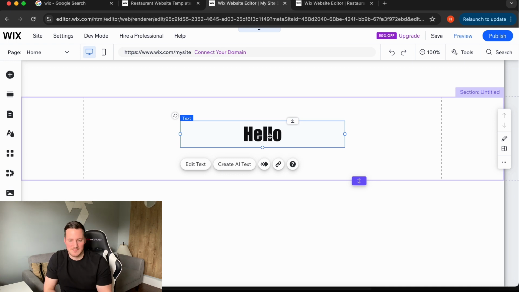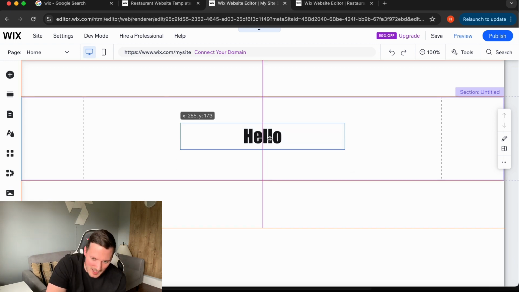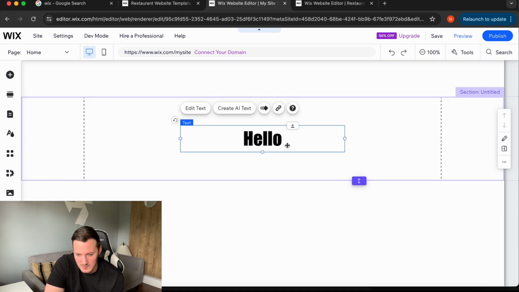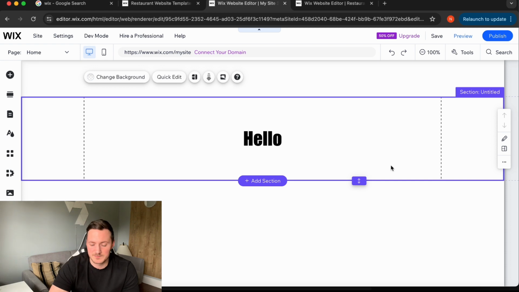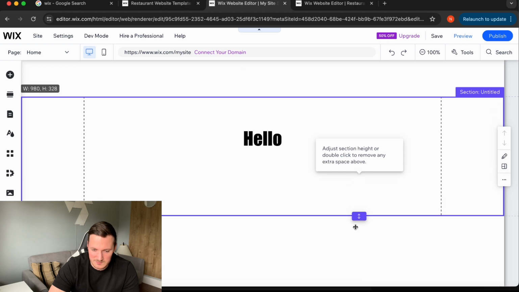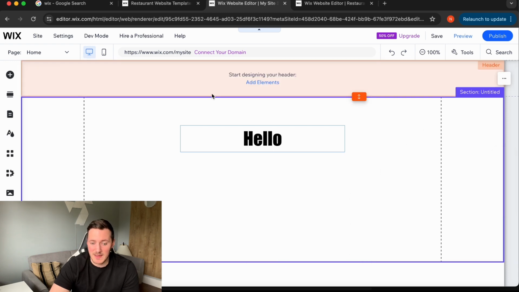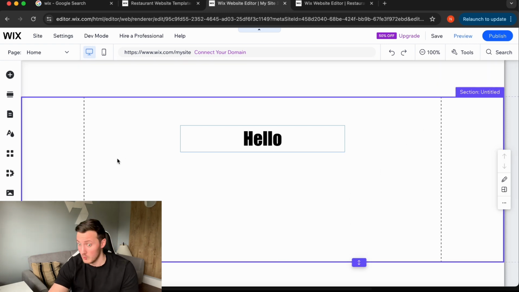And I can take it one step further. If I want it centered vertically also, then if I go down, bam, you've got that vertical line. So there we go. Hello is now centered. If I want to make this strip a bit bigger, I just pull on this downwards. So now it's larger. If I want to make this strip a different color background, or even picture or video,